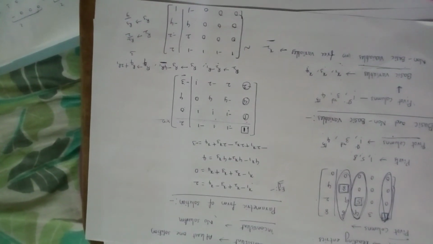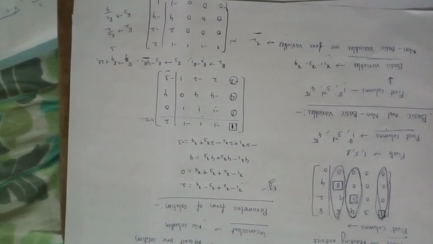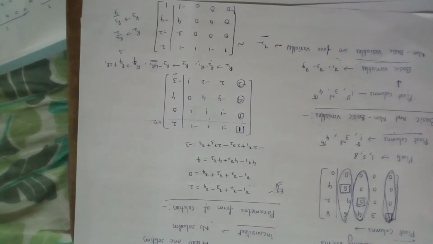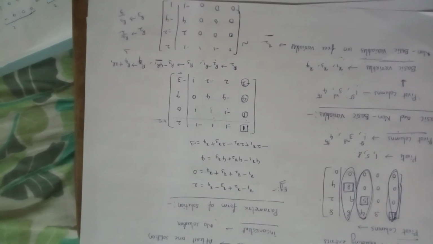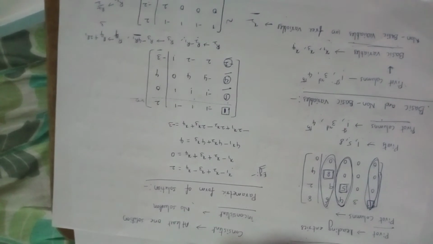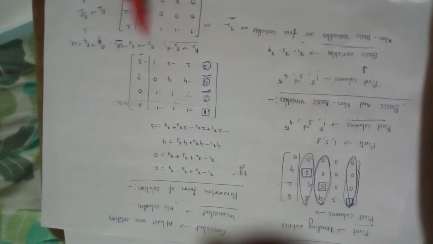Now we have to apply the row operations. We have to reduce it to row echelon form. For this we have to apply the row operations here. First of all, I am applying R2 minus R1, in R3 minus 4R1, in R4 plus 2R1. So here the leading entry is 1. So now we have to convert the entries below it, that is this one and this and this. These three we have to make equal to zeros. Okay, so for this I am using these operations.